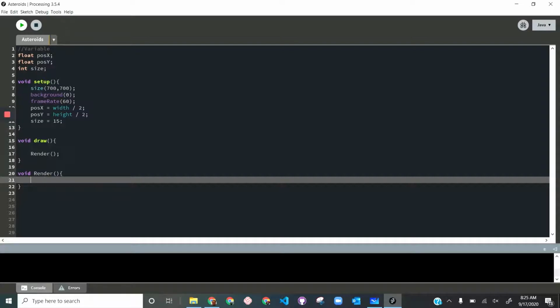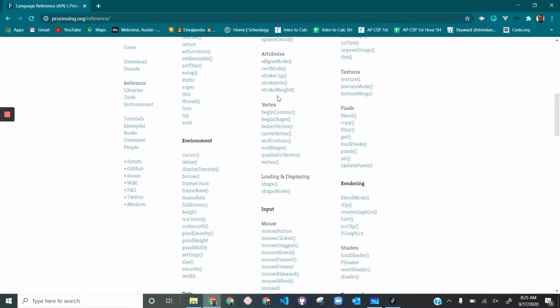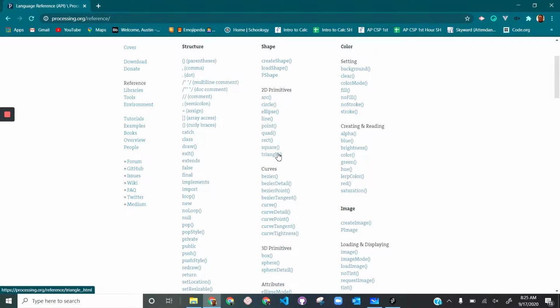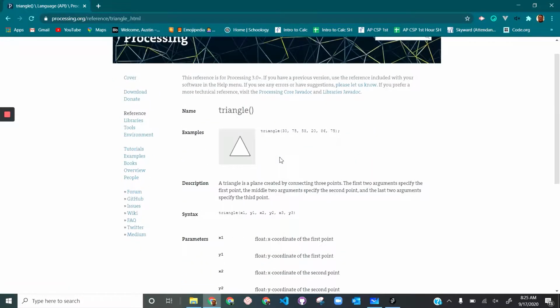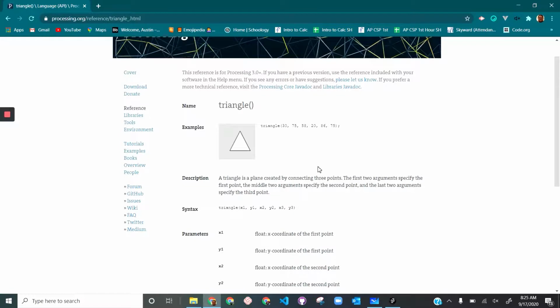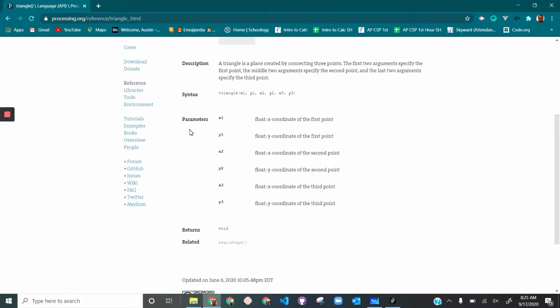So if we go here, we can show you kind of what the plan is for the triangle. So we are going to assume we have a point right here. I'll call that 0, 0. What we want to do is make a little bit of an elongated triangle to make it look more like a ship. So what we're going to do is the first point we're going to set up here, and this is going to be at 0, and then this is going to be